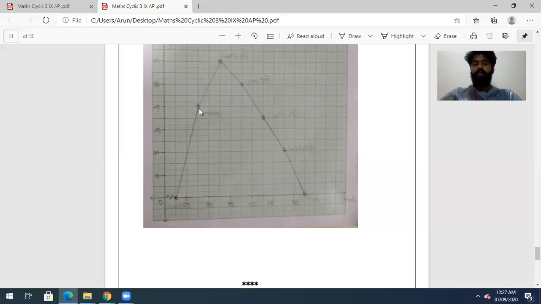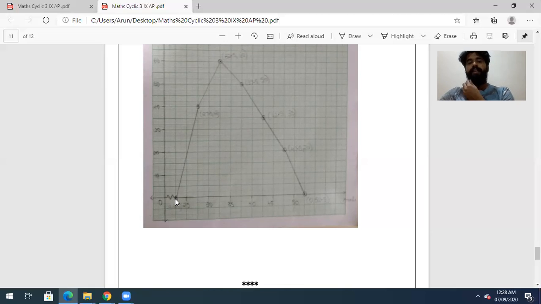So the first point would be 27.5, 40. Second would be 32.5, 60. Third is 37.5, 50. Then 42.5, 35. Then 47.5, 20. And since a frequency polygon always starts and ends on a point on the x-axis, what we will do is we will mark